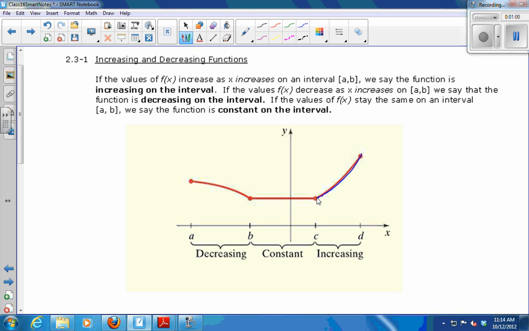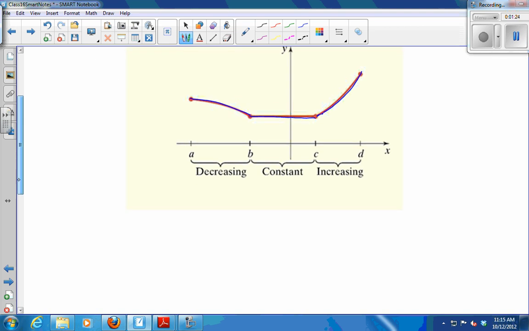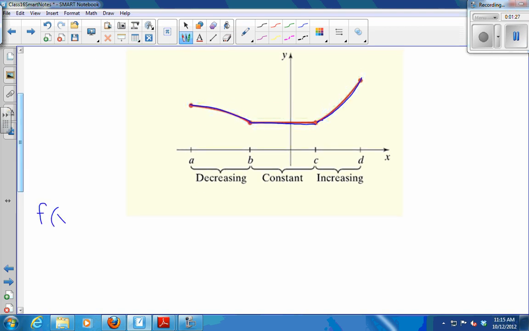If the values of f of x, that is the y values, get smaller as x gets bigger, we say that the function is decreasing on the interval. So right here, my function is decreasing. It's downhill. And if the values of f of x stay the same on an interval, we say the function is constant. So this piece right here is constant. So for this particular function, I would say f of x is decreasing on the interval